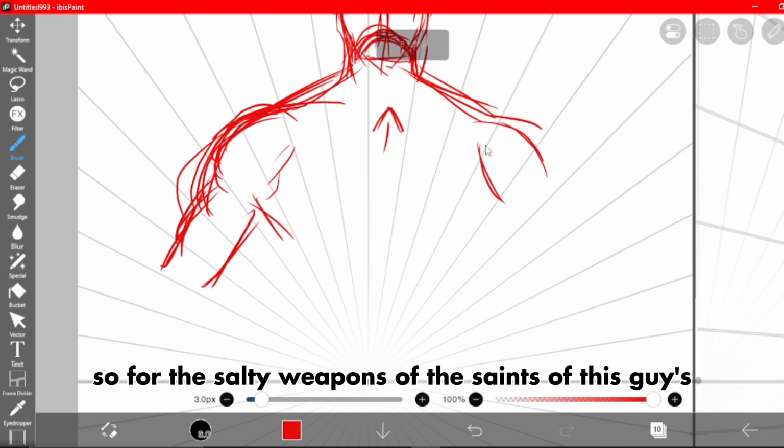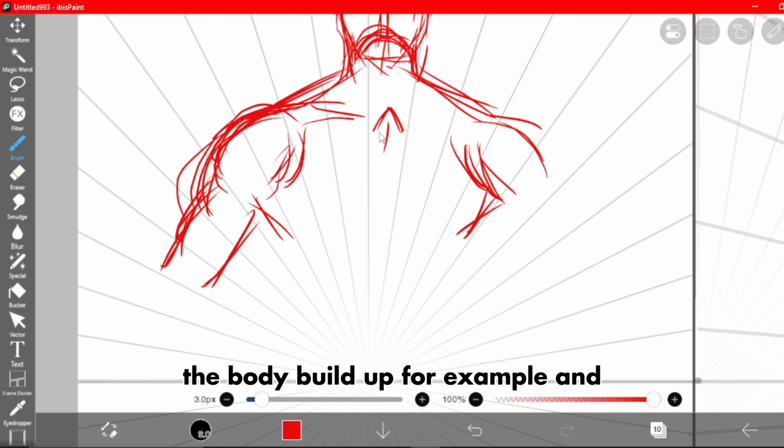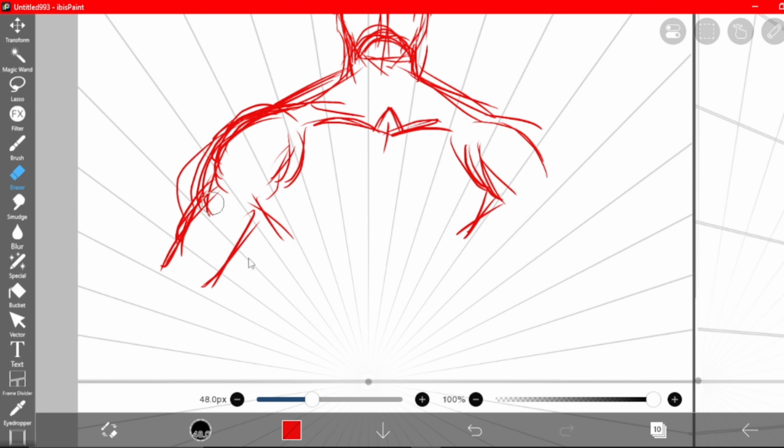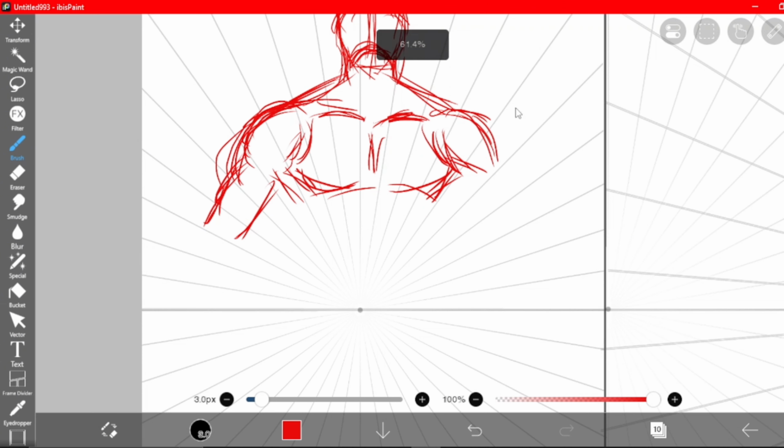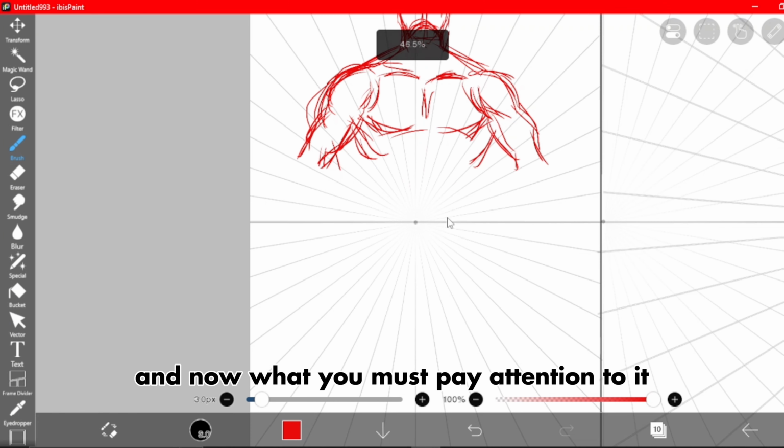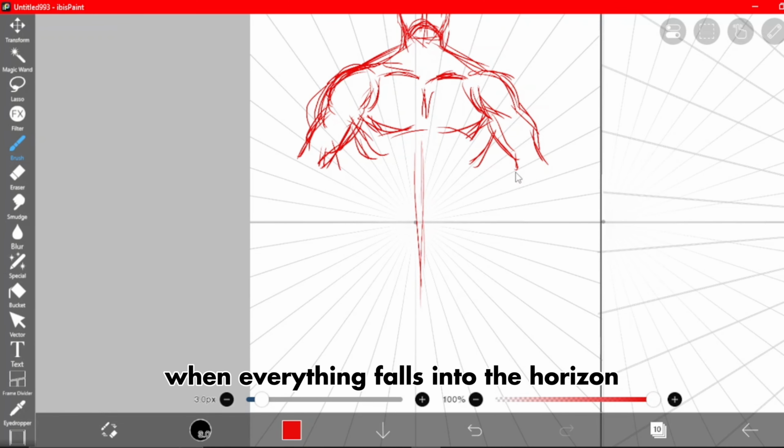for this I'll do a pose of, let's say this guy is a bodybuilder, for example, so I'll add those muscles. And now what we must pay attention to is when everything falls into the horizon,